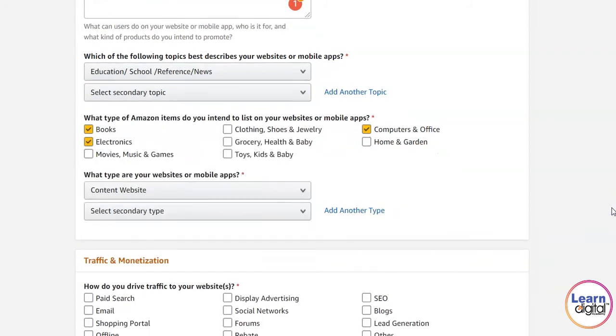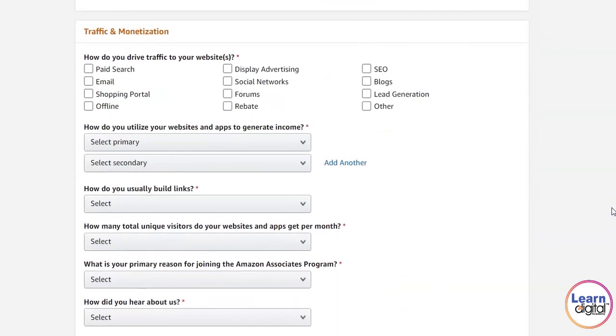Now it is asking how you derive traffic for your website. I do paid search, email marketing, offline, display campaigns, social networks, forums, SEO, blogs, lead generation, and others.